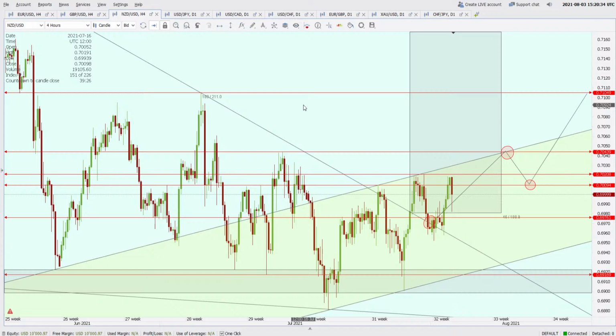But we also have to talk about the downsides. If the price starts going down from here, then this rising channel support will be a dynamic support for the price. This falling triangle's resistance line will act as a support. Then these horizontal levels that we have drawn from all the way down from 0.6897 to 0.6920,